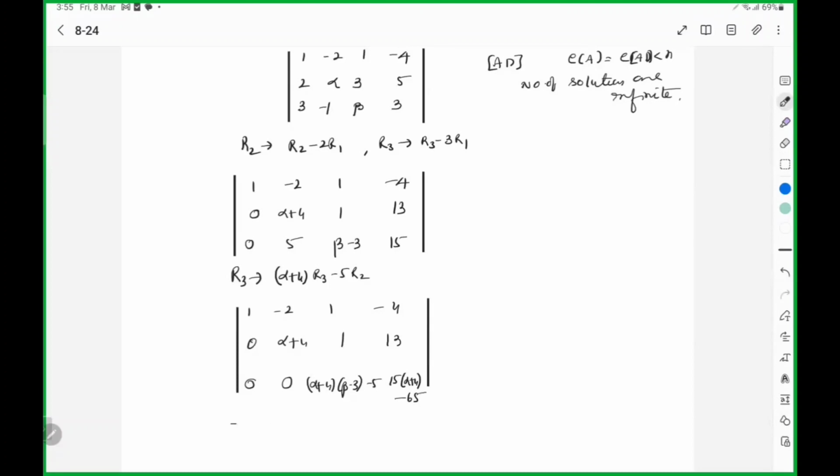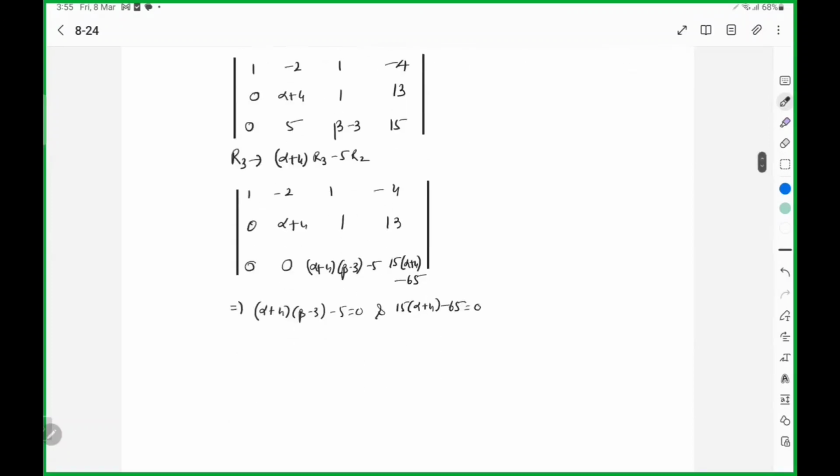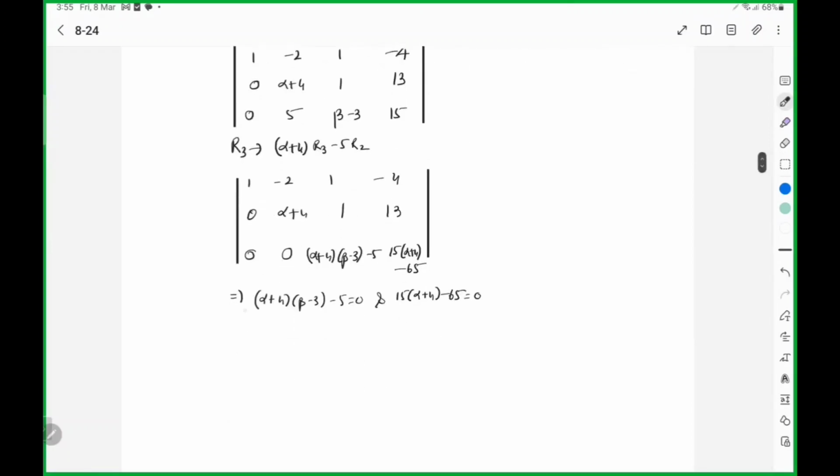So in case alpha plus beta minus 3 minus 5 is 0, and 15 times alpha plus 4 minus 65 is 0, then here the rank of A is equal to the rank of the augmented matrix. Here 3 alpha is equal to 1, alpha is 1 by 3. So 13 by 3 into beta minus 3 here is 5. So beta minus 3,